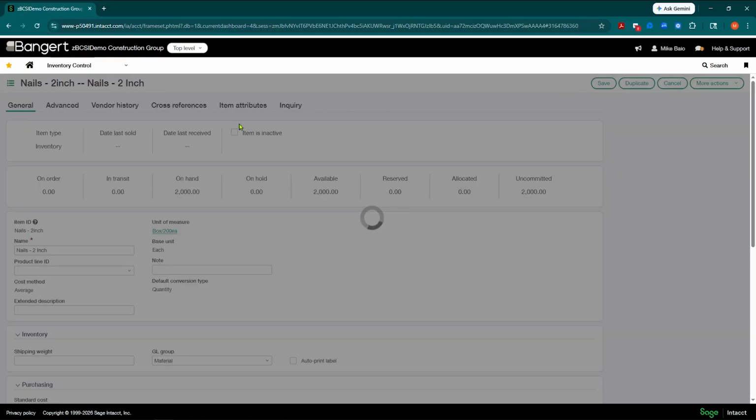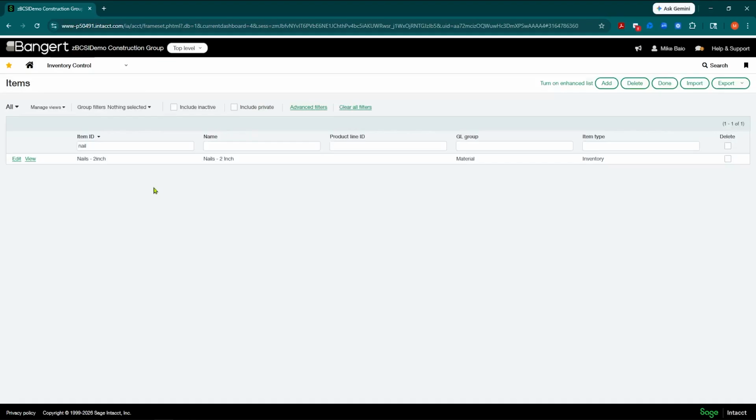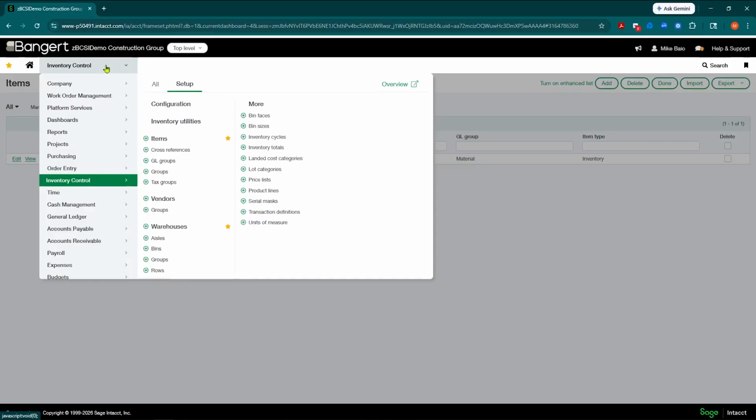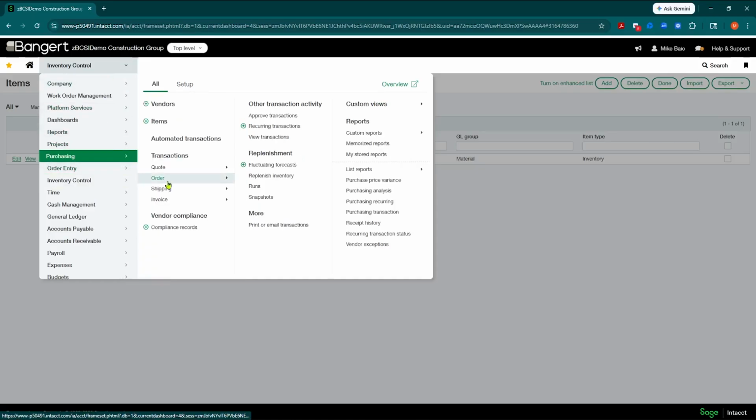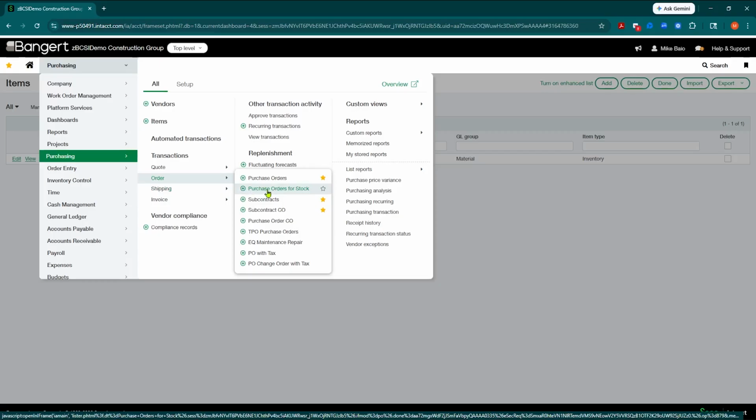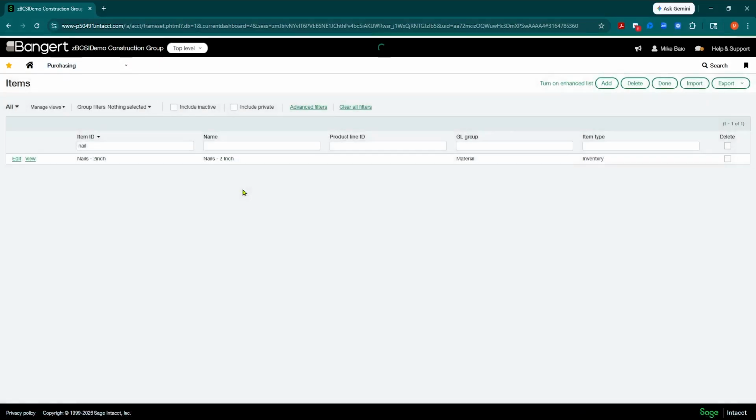And let's go through and do some workflow and show you how this works in action. So going through the normal workflow, the first thing I'm going to do is I need to order some for stock. So I'm going to go into the purchasing module. You could favorite your different purchasing definitions. I'm going to use the purchase order for stock one I have here, and I'm going to hit the plus button.